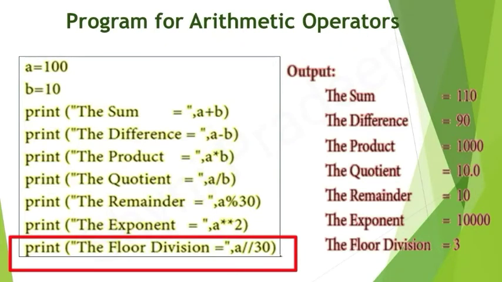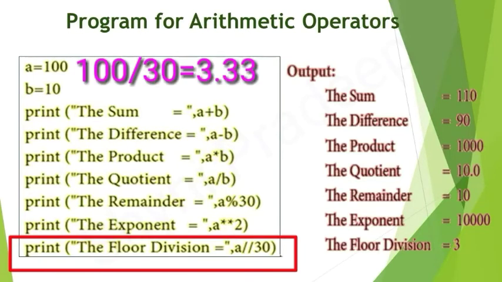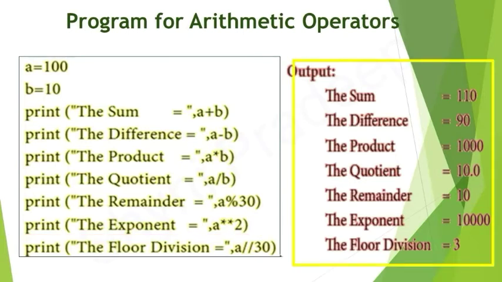Okay. So, when you divide A by 30, A means what? 100 by 30, you will get 3.33 something. Okay. But you have to take the integer value only. Okay. Ignore these fractional values. But in division, you have to write the whole quotient value, 3.33. But in floor division, you have to write the integer value. Ignore the decimal values. Okay. So here the result is what? 3. Okay, this is the output for this program. So this is about arithmetic operators.